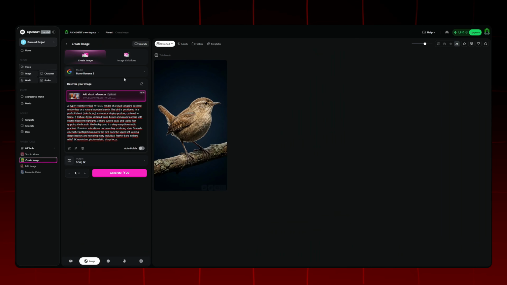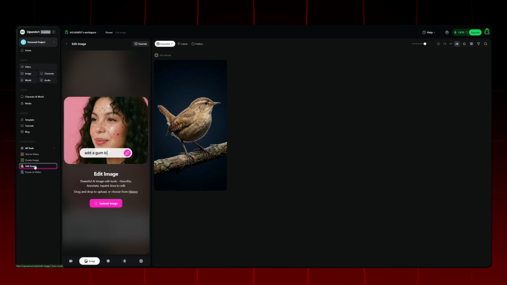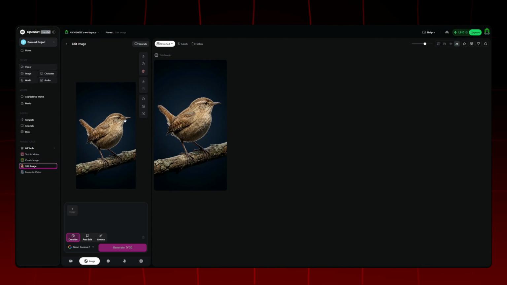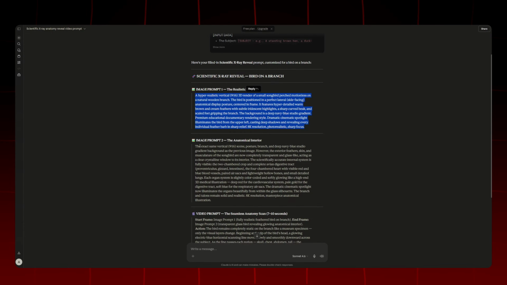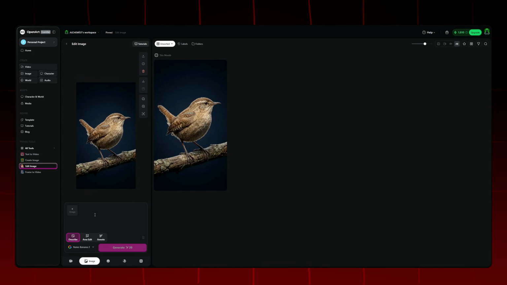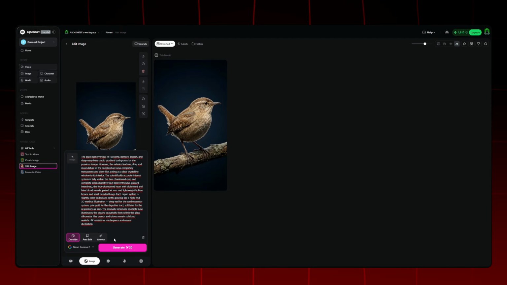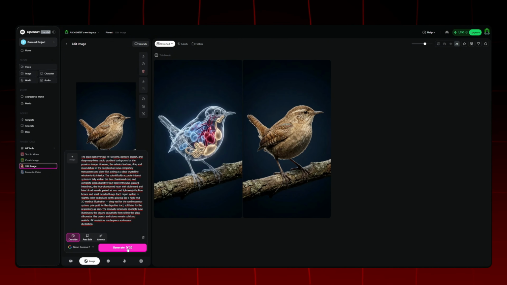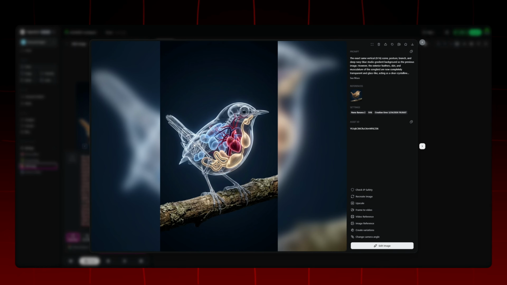Afterward, to create our second image, I click on the Edit Image tool and drag and drop the first image I created into the Image Upload section in the opened area. To get its prompt, I return to Claude, copy my second image prompt, then come back to OpenArt again and paste my image prompt in the prompt section. With the model being Nano Banana 2 again, I click the Generate button and we create our second ending scene image. In the same way, after examining and approving this image, we download it and now move on to the